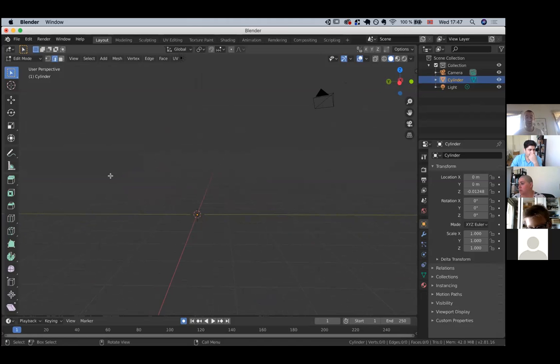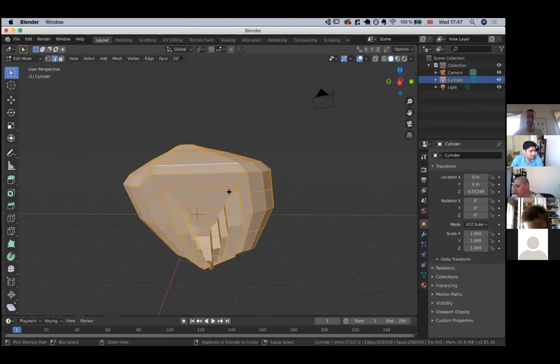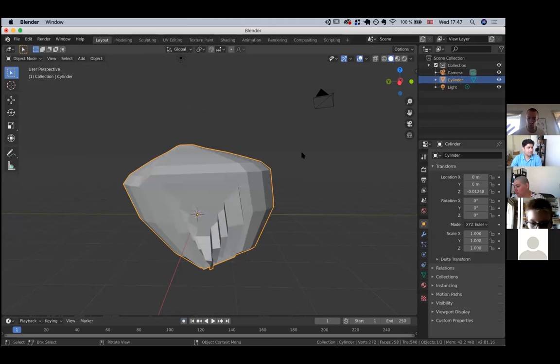Because this kind of has its own history mode by itself, if I do Command Z, it's going to remember what the shape was. So if I go in object mode, I'm in a different memory space in a way. So now if I do Command Z, it's going to take me back to this cylinder, right? So anyway,